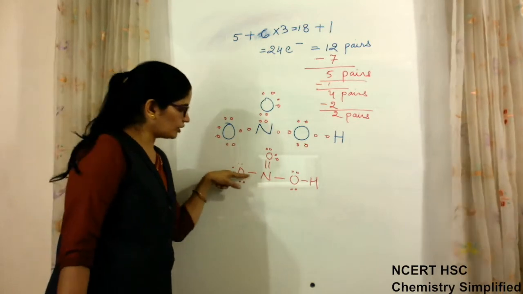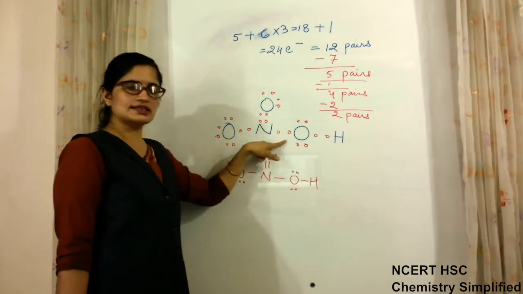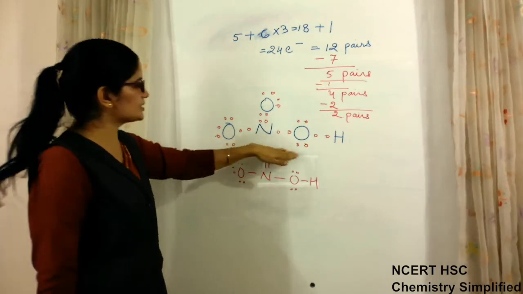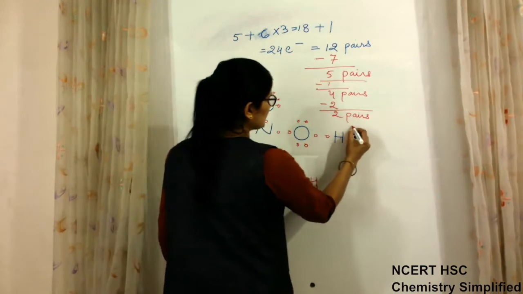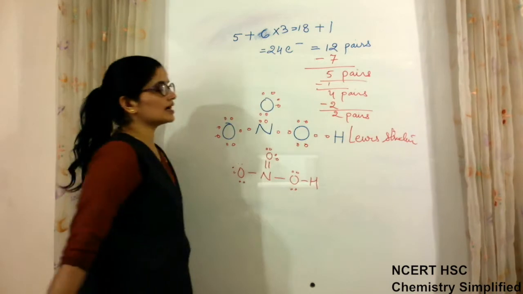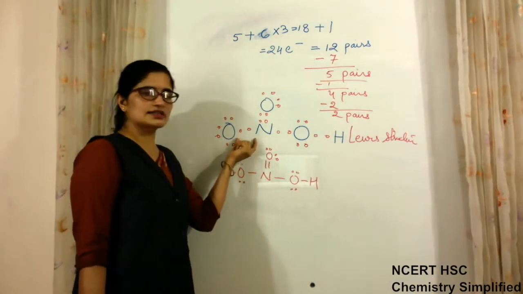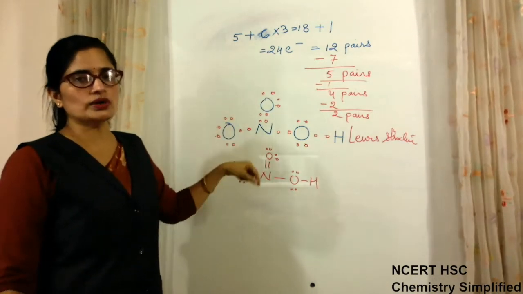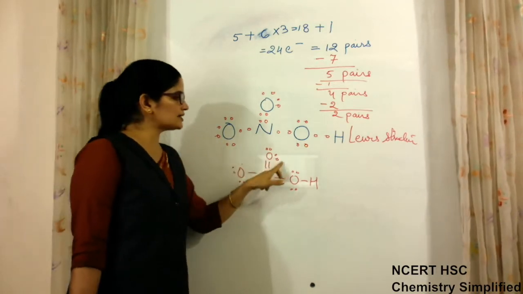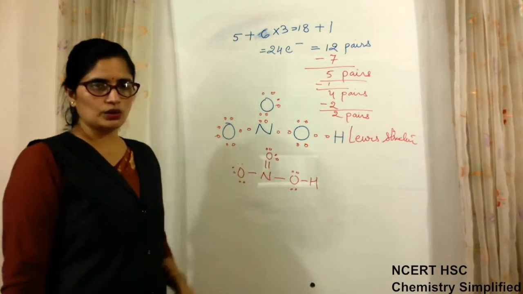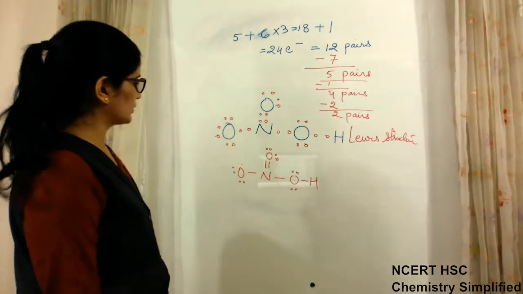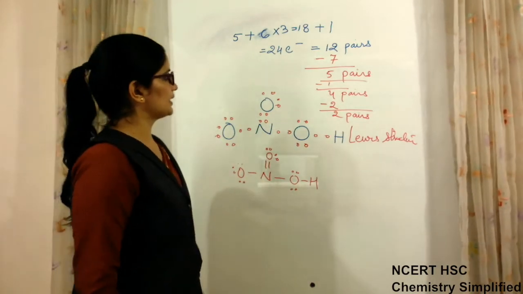When you are showing the bond with the help of line, this is the bond line structure. When you are making the bonds also with the help of electron dots, this is the electron dot structure, or this is the Lewis structure. Okay, so when a Lewis structure is asked, you will draw this structure with dots, bonds shown as dots. When a bond line structure is made, lone pairs are to be shown, and you will make bonds by showing lines. Okay, so this is for nitric acid.